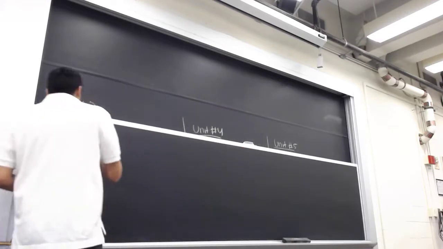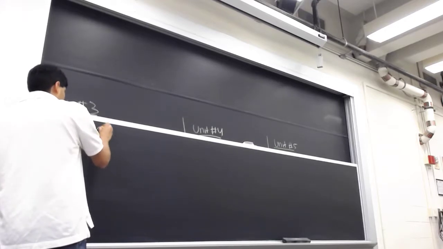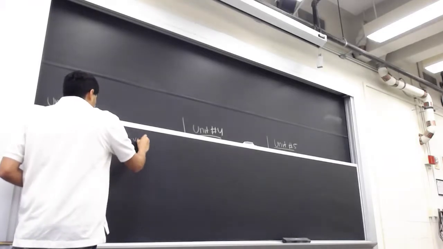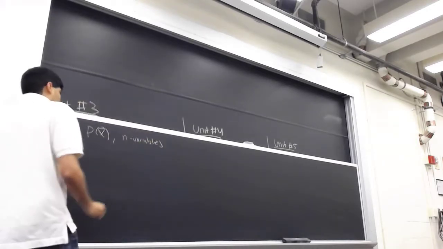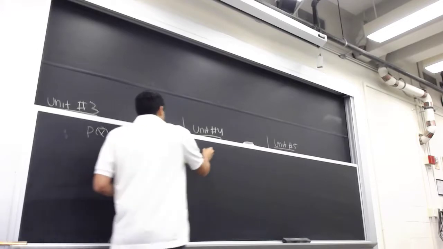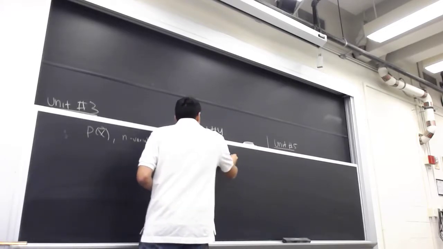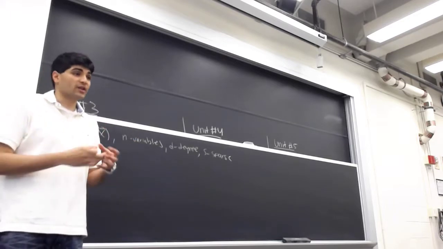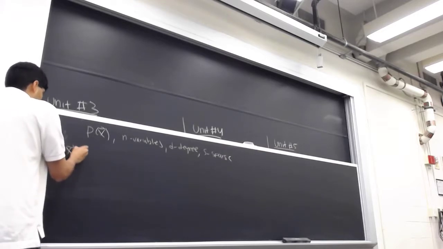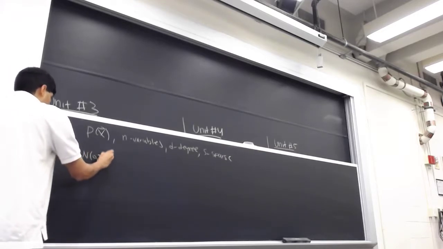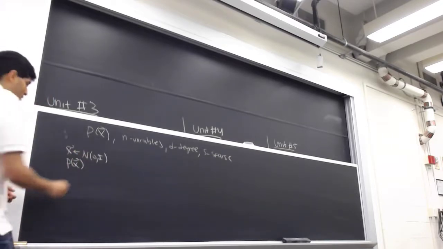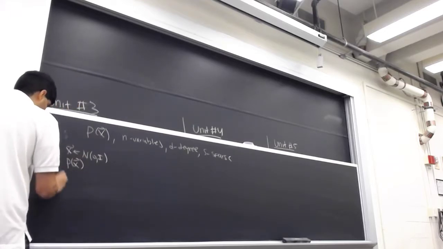So, one of my favorite ones is, if you take a polynomial, where x is itself a vector, and you're thinking about this polynomial as having n variables because x is length n, and having degree d. But the important thing is you're thinking of it as being s-sparse, meaning that there are only s monomials that show up in this representation. It turns out that if you choose x to be Gaussian, and you give me x and p of x, and you do this many times, there actually is a polytime algorithm.